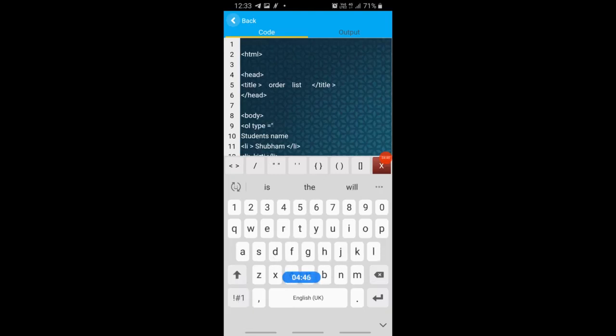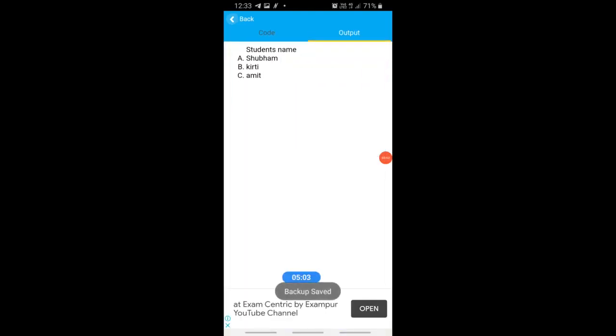Here you can mention A. Now you can see, because in the ordered list you mentioned type A, according to that it will take the list A B C D E F G H. Like this it is going to display.